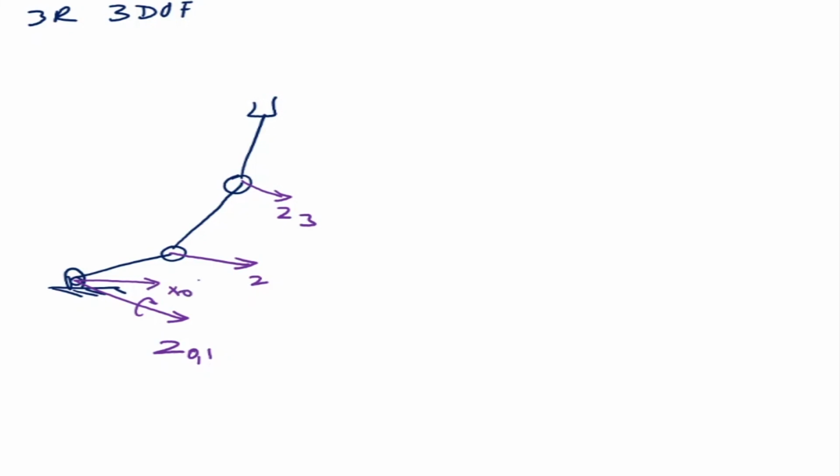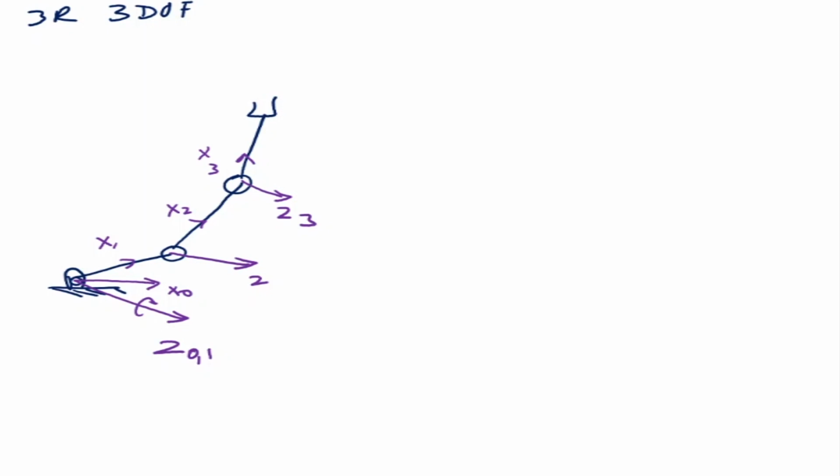So the first thing that we do is assign, so this is a 3 degree of freedom robotic mechanism, and it is planar. So please note that it cannot come out of the plane. It is on the plane and the z-axes are pointing outward. So we assign our DH parameters and assign our z-axis this way. The z-axis is pointing out of the plane as it is rotating about this axis. So this is z0, z1, z2, and this is my z3. Then I assign my x-axes as x0, x1, x2, and x3. Okay, so these are the 3 x-axes.